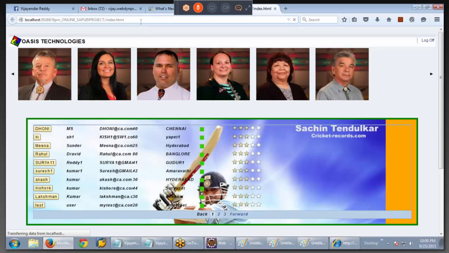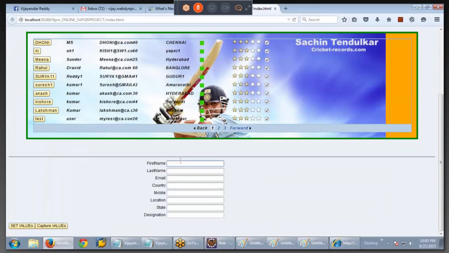And you can see there is a form and there are two buttons, set value, capture value. So if I click on set values, now you can see Vijay, Oasis, vijay@ca.com. So these are the values assigned to the form here. But now what I can do, if required, I can change the values. For example, Sunil Kumar. I can change it